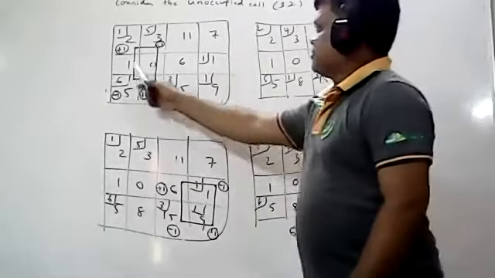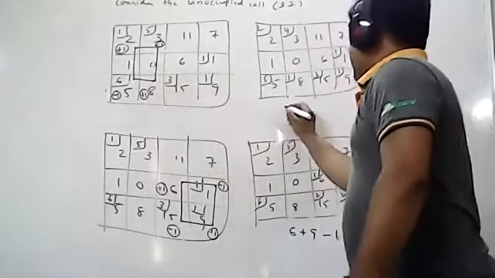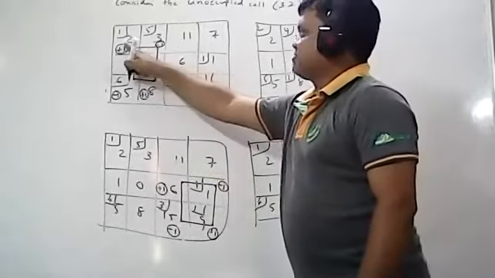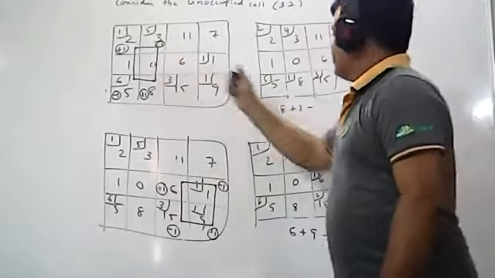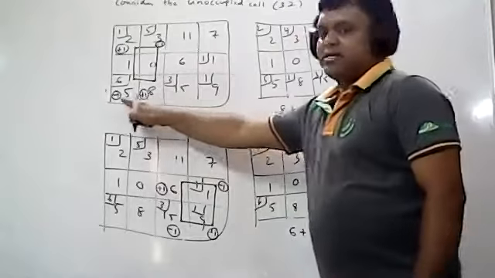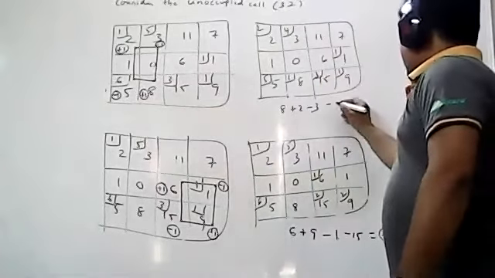So that means, where is +1? +1 is this one. So +8 is added. Next +1, next +1 is this one. +2 is added. Next -8. So -1 is there. -1 means actually -3 is subtracted. -1 means -5 is subtracted.